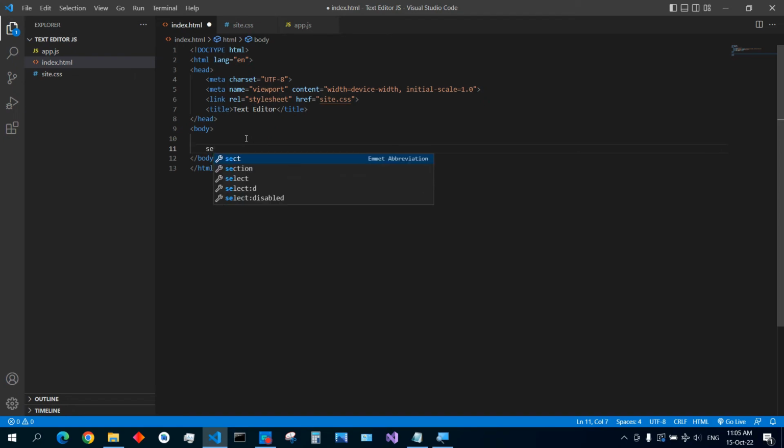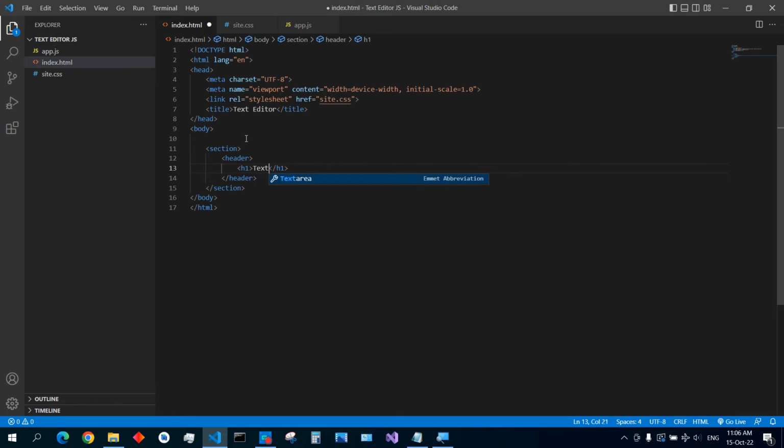I always use section instead of div, well, mostly. So we have a section for the whole application, and then we have here a header for some buttons to open and save, and a very small title. So in the title we just say text editor,